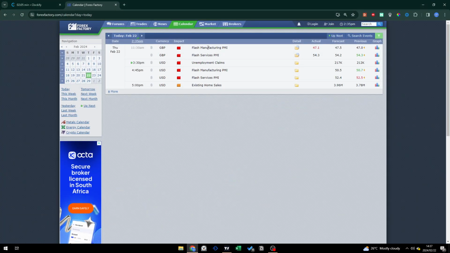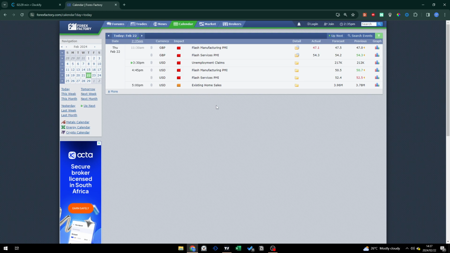Starting off with the economic calendar, we had some GBP news which was negative for the GBP, and that essentially helped with my trading idea, although not triggered, but we'll go into that shortly. And then from a USD perspective, we have a number of news events. The first coming out 30 minutes into the start of the session, and then the next bit of PMI news